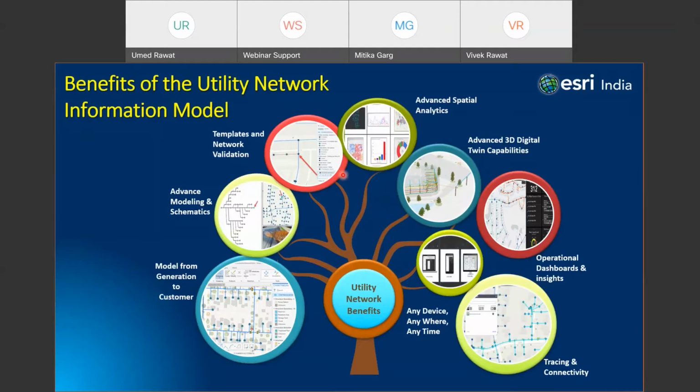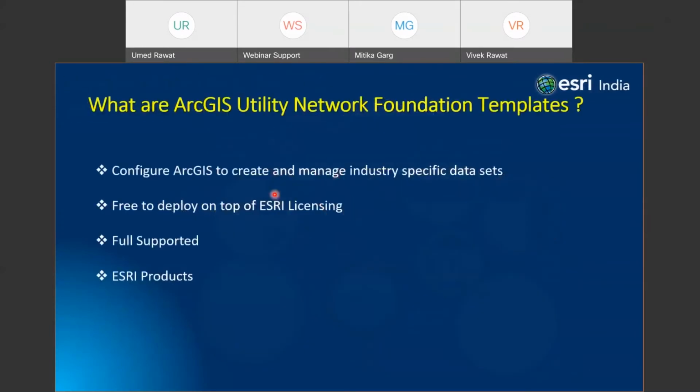You can explore all the 2D and 3D capabilities. You can do all advanced spatial analytics. You can create various tasks and also configure and customize multiple tools on top of that. And it has the capability of extending the environment also. You can model your own database or your own data model based on your needs also. So these are some of the features and benefits which can be valuable for any utility network organization. In the next slide, we are going to see how we can get access to that and how easy it is to configure and use.